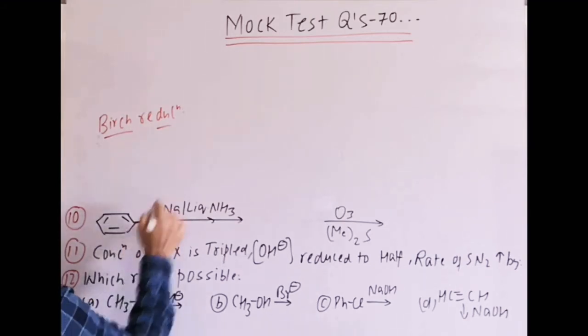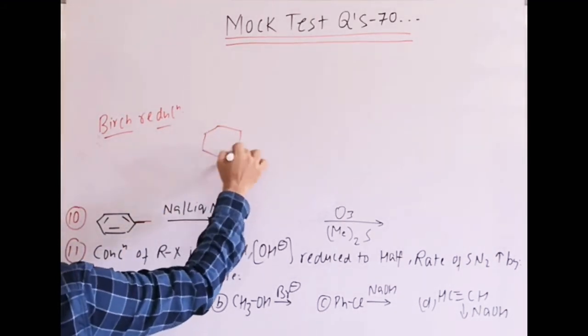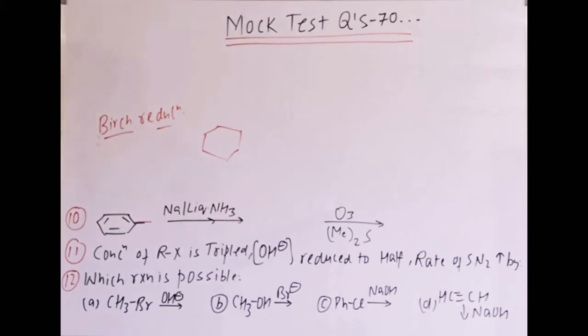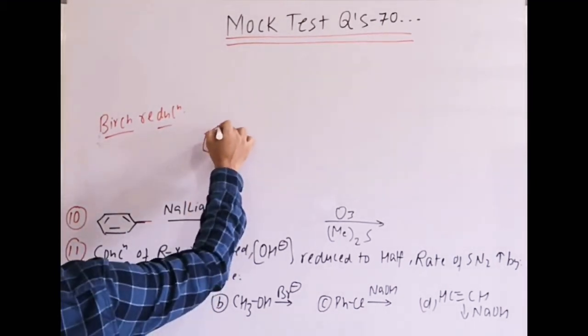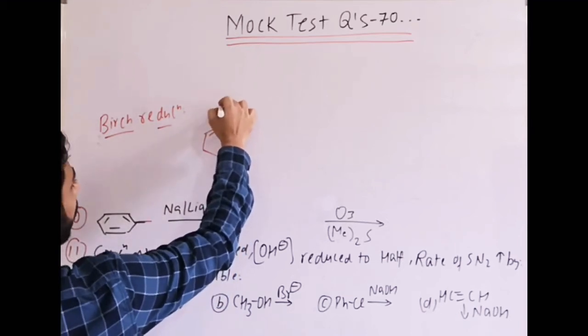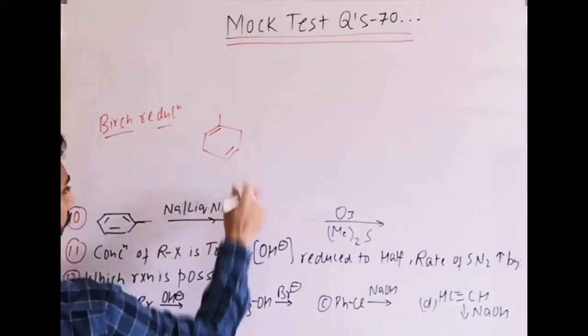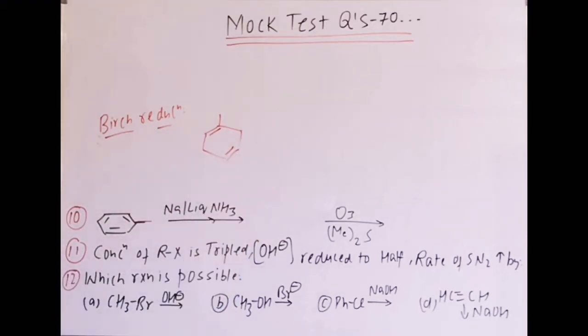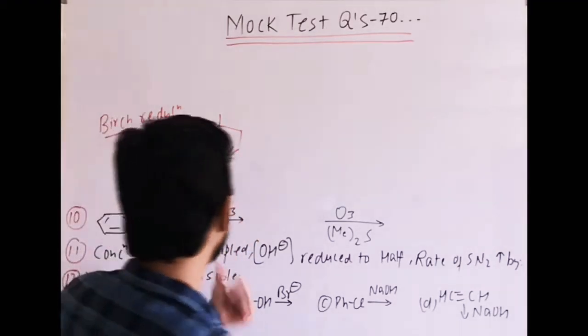So this group is electron releasing. Using the same concept I told you, if an electron releasing group is there, then the sp2 carbon will be with the electron releasing group. That means that is the product formed here. How you can get that, you can listen to that part again.